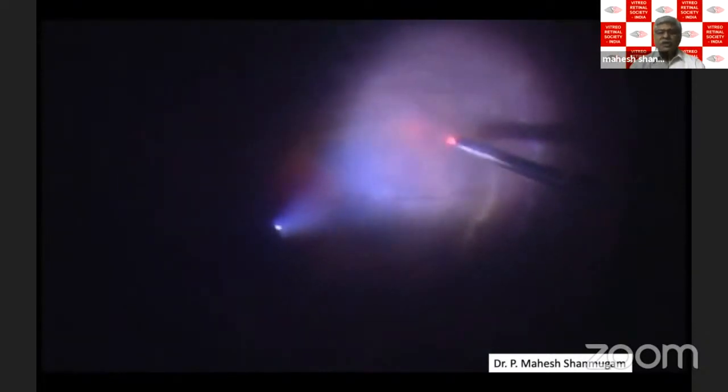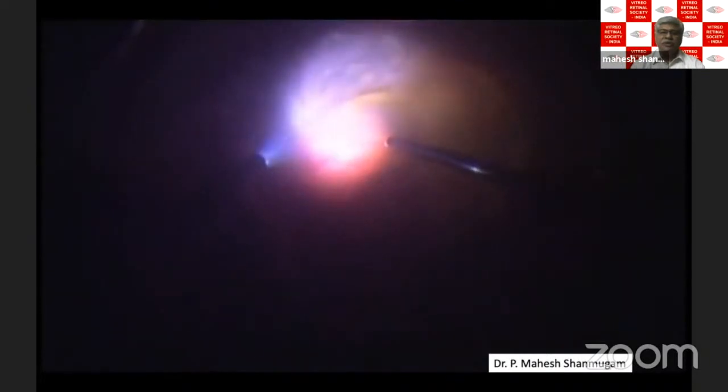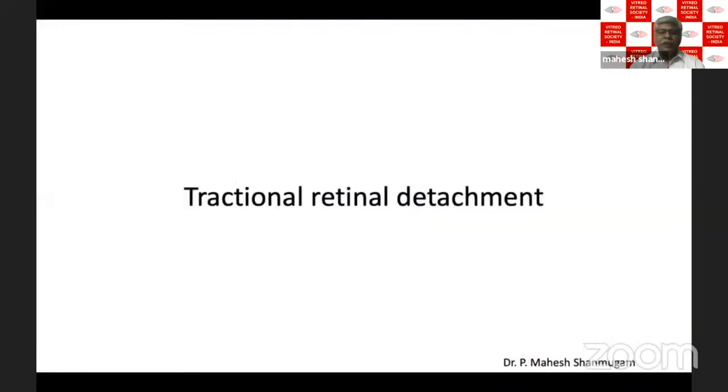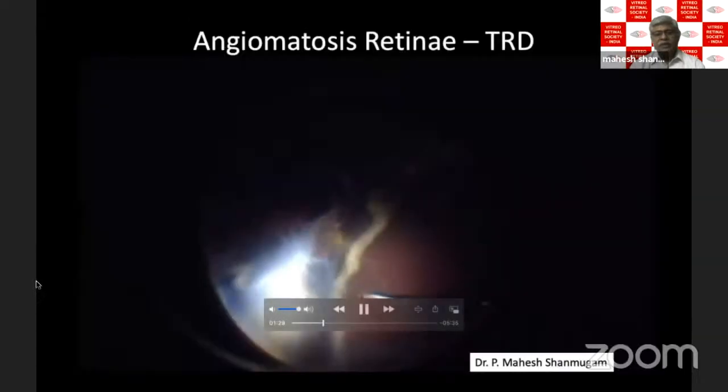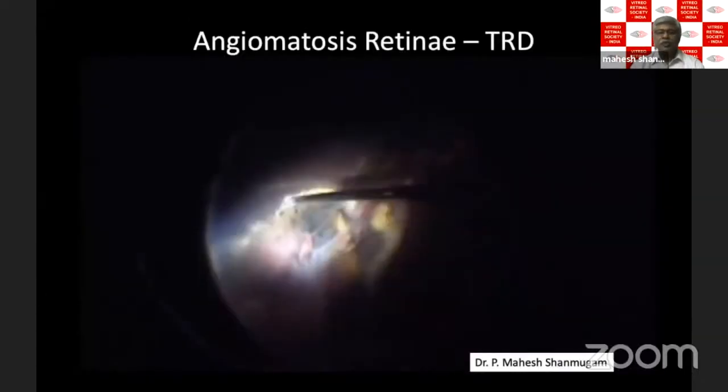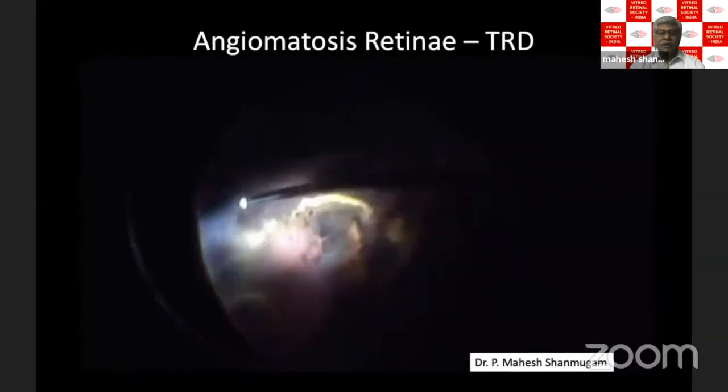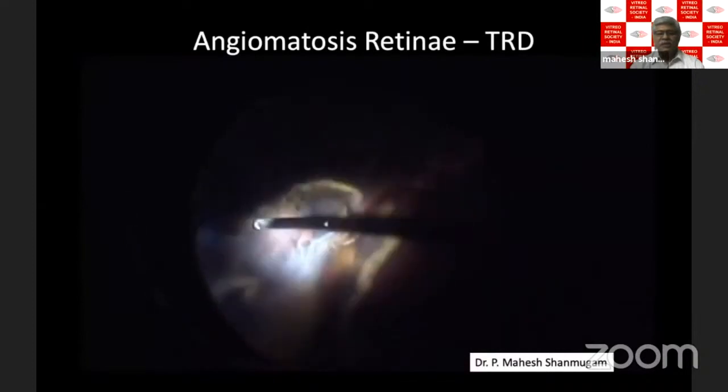The patient also had some amount of ascites because of the retinal hemangioma, and this is the retinal hemangioma, which is in a peripapillary location, which is being treated with laser photocoagulation. Traction retinal detachment is often common with vascular retinal tumors, and this is a post-treated retinal hemangioma. You can see a vigorous retinal hemangioma.